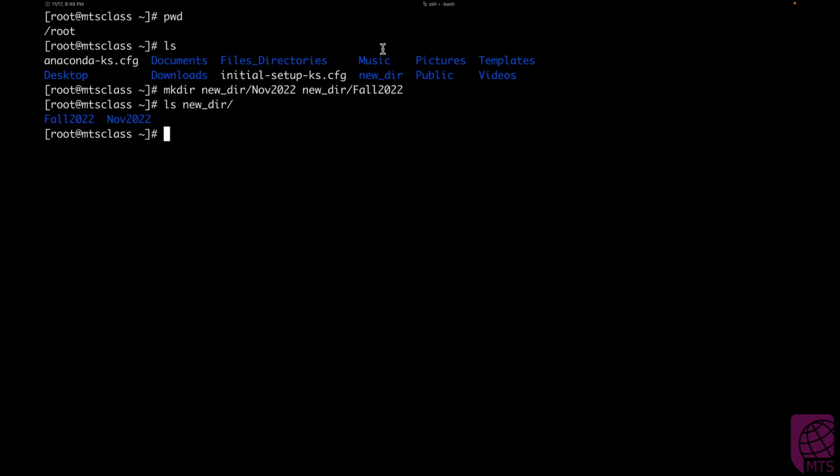If you're asking, well, how was I able to create these two directories without using the P argument? The reason I did not need the P argument is that the new underscore dir already existed. You only need the P argument, or the parenting argument, if you are going to create multiple directories that do not already exist. For example, mkdir, new dir, November,